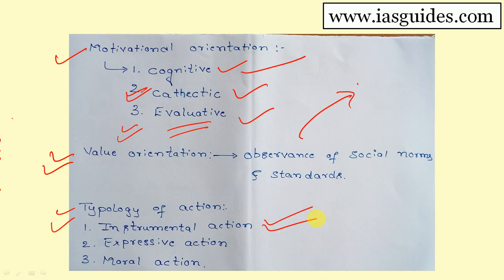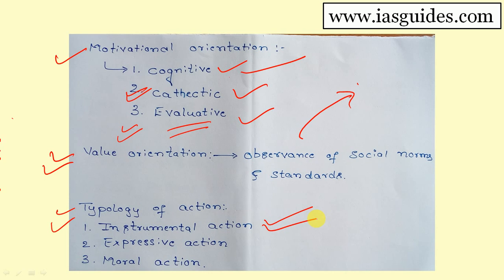This is directed towards satisfaction of wants of an individual. Satisfaction of wants of an individual, expressive action. And the third typology of action is moral action. Moral action can be equated with Weber's Wertrational action. Wert, W-E-R-T, rational action of Weber, can be equated with moral action. Here, the most important thing in moral action is cultural value. The actor gives it importance. That's it about the typology of action given by Talcott Parsons.